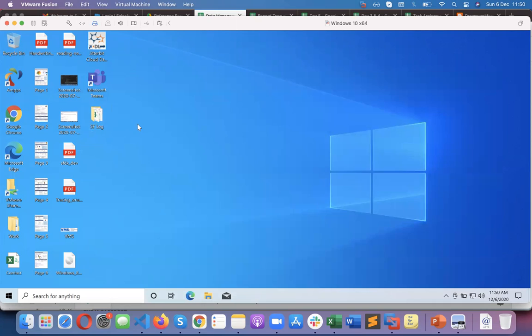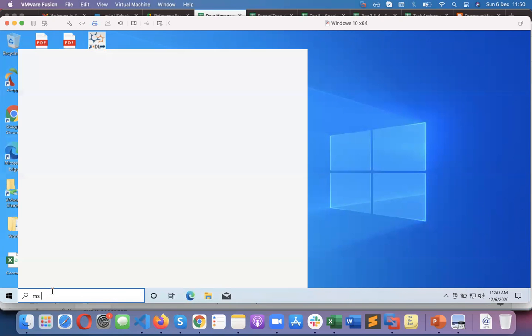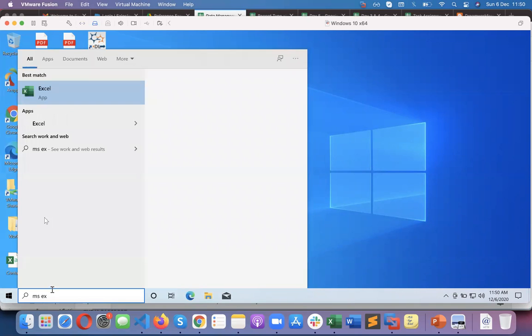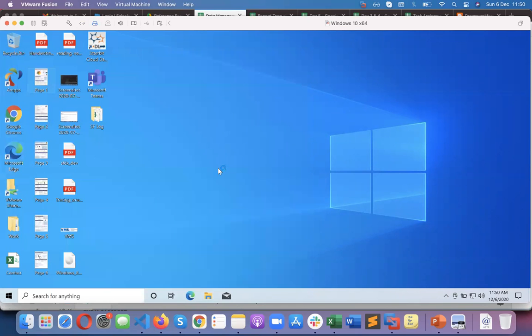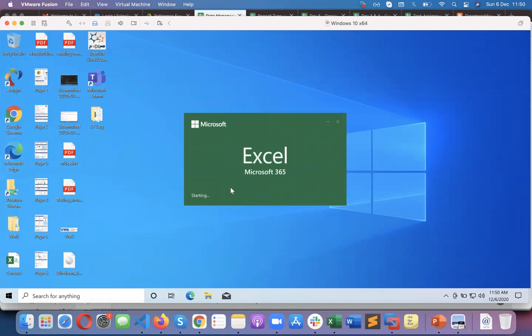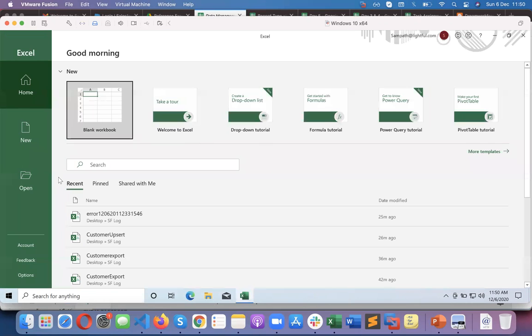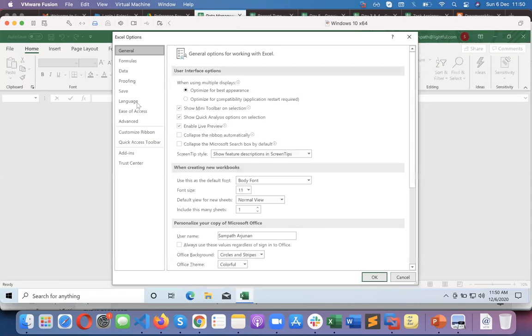The next one is, now if I try to open the Excel sheet, this is Office 365, but let it be. So on the option, add-in,